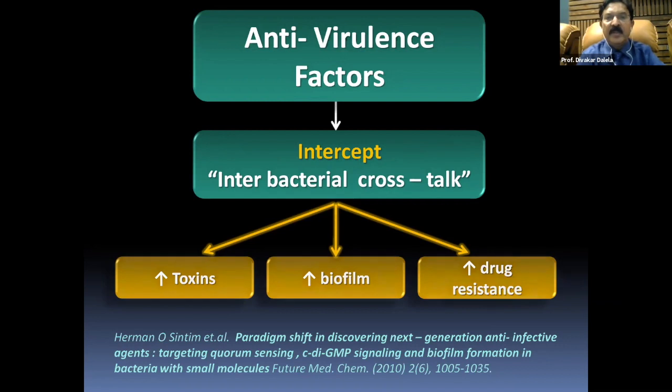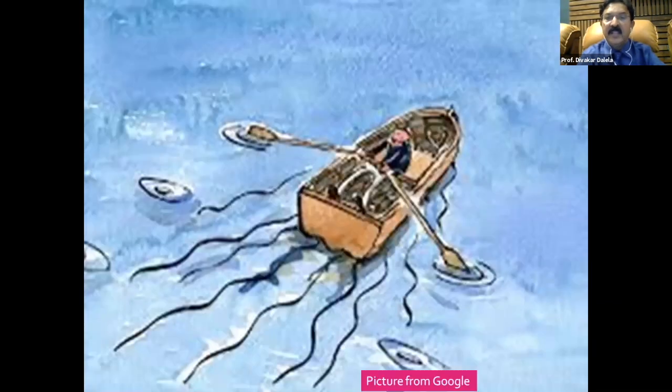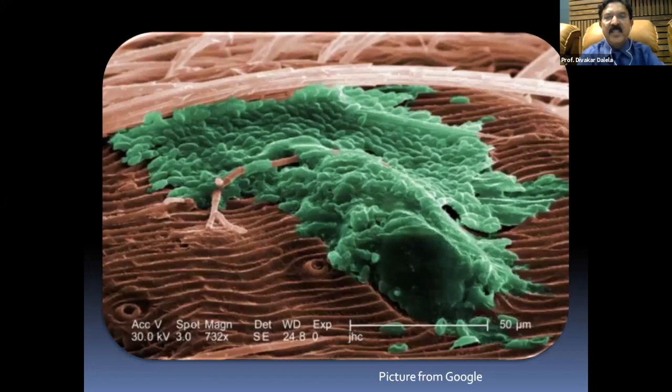And when you give them to the individual, to the patient, and it reaches the urinary bladder, the bacterial population is not able to produce toxin. They cannot group themselves, and they are eliminated. Look at this film. If an individual has to row a boat against the current, how much difficulty this person will have. But if you have one boat being rowed by a group of people, then this boat can swim against any current in the river. So bacteria realize the strength of being together.